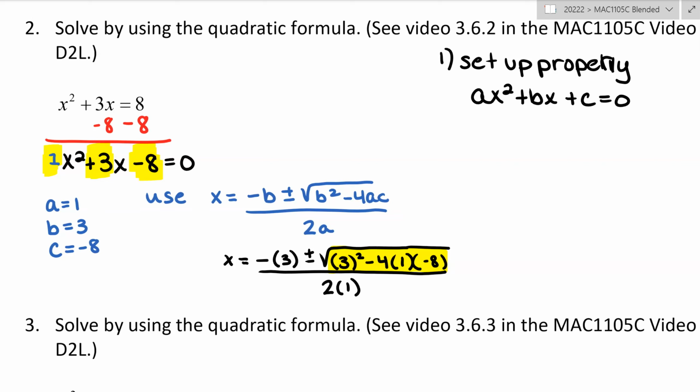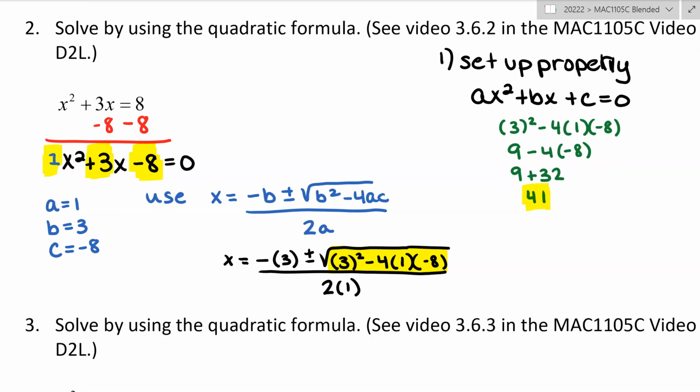So one trick is to kind of come over outside and do that math. 3 squared minus 4 times 1 times -8. So 3 squared is 9. And then -4 times 1 is -4, so -4. And now I want to times that by -8, so 9. And then -4 times -8 is +32. So 9 plus 32 becomes 41. So this number under the square root, which has a fancy name, it's called the discriminant,